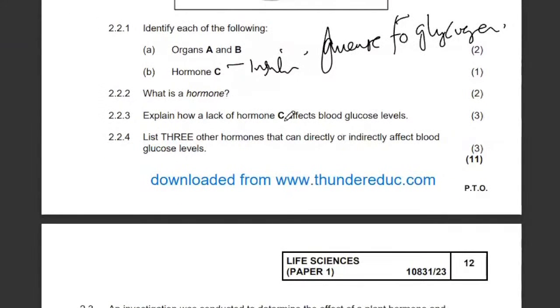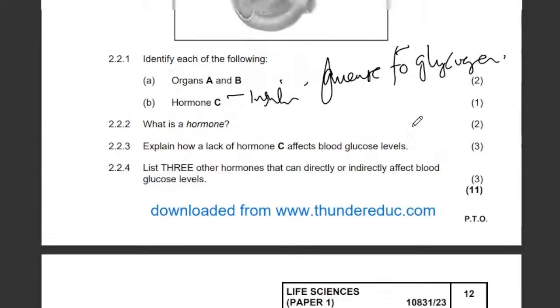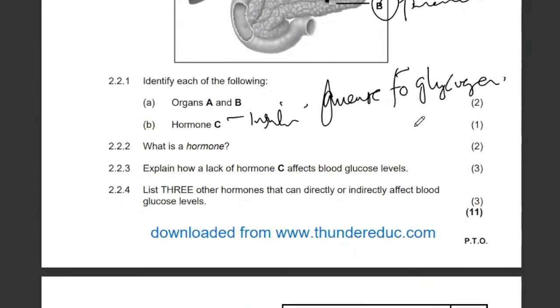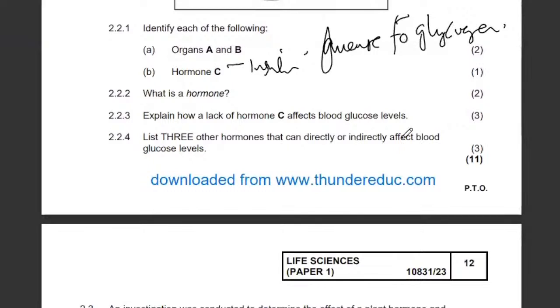Explain how lack of hormone C affects blood glucose level. If you don't have hormone C, how will it affect the blood glucose level? Basically, first of all, hormone C, we have identified it as insulin. If it was not identified here, then identifying hormone C as insulin, you'd have got a mark. But because they have already said what hormone C is, you don't get a mark for identifying that hormone. So meaning that basically the glucose level